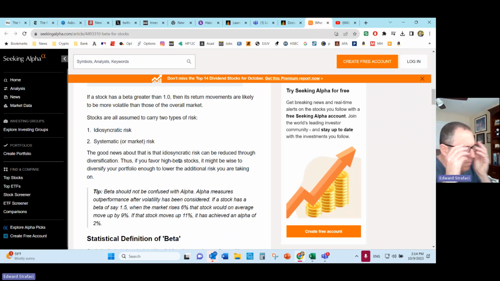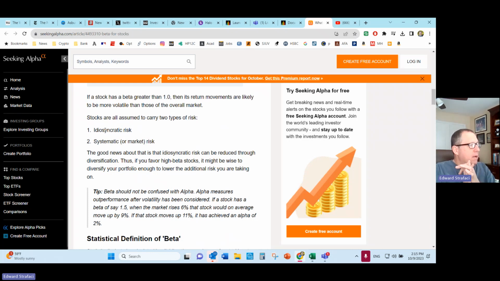Okay, so back. Stocks are assumed to carry two types of risk: the idiosyncratic risk or the unsystematic risk, which is the risk that every stock has, like Coca-Cola: people want to stop drinking sugary drinks. An airline: people want to stop using the airline, energy costs go up. An oil driller: energy costs go down. You can nullify those risks by diversifying stocks, but the risk in the general market cannot be diversified away,